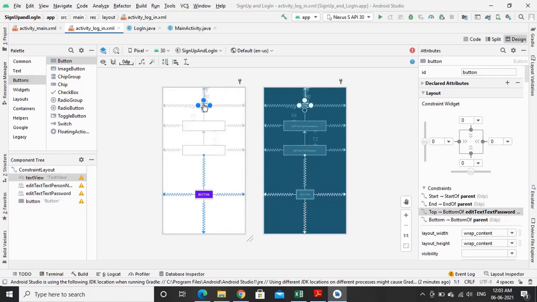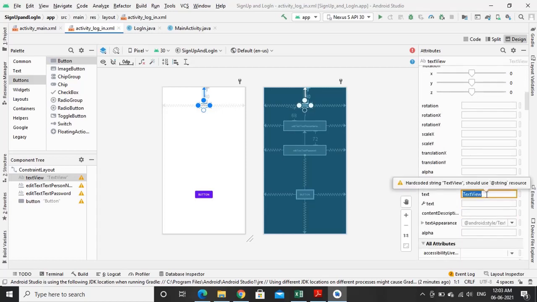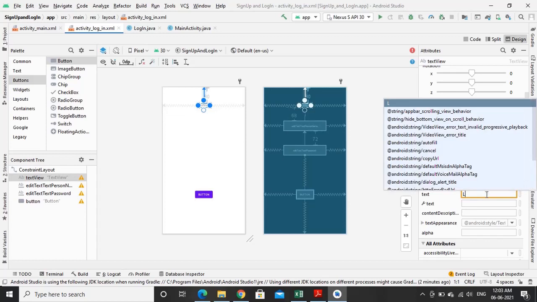And also change the text in the text view. This is a login page or login activity.